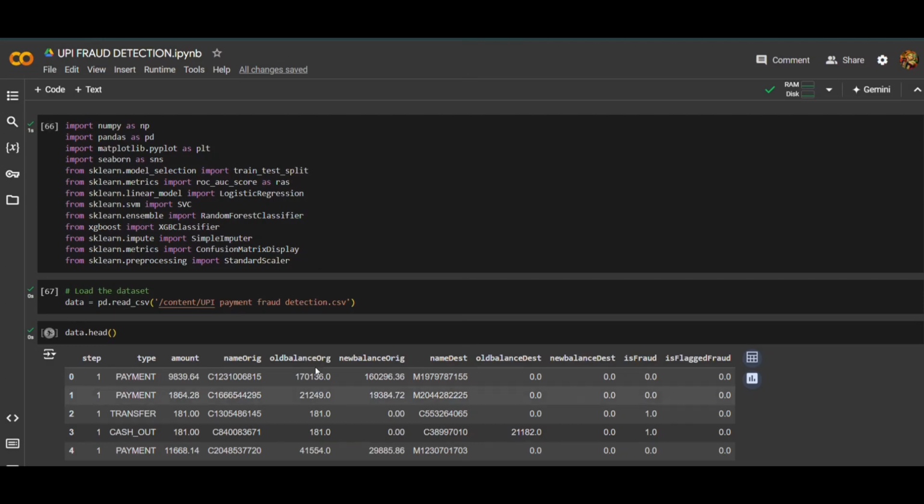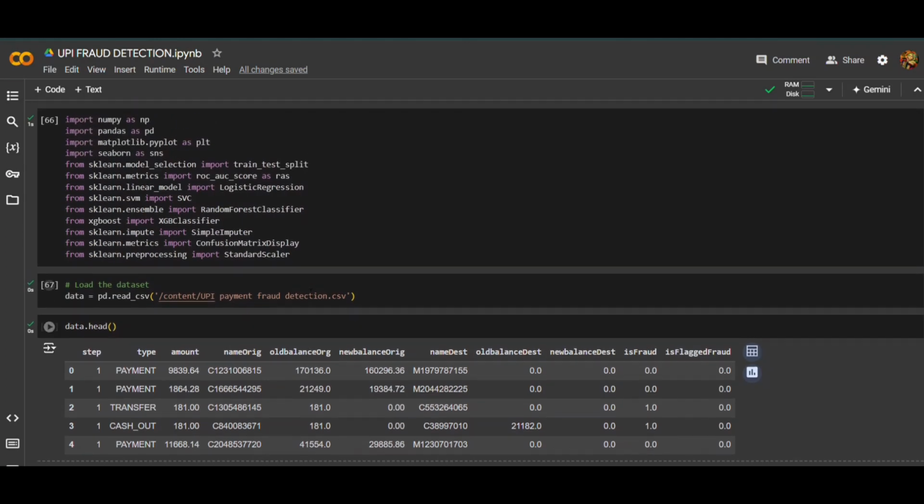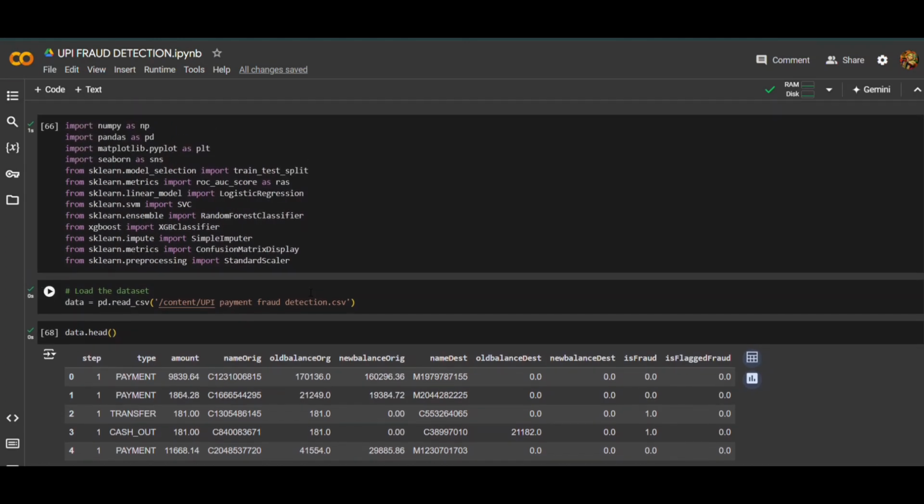My name is Gitanjali. I am a junior data analyst trainee at Need Data. Today I am going to walk you through our machine learning project focused on UPI payment fraud detection, and we'll be using Python along with several libraries to pre-process the data, visualize it and build an ML model to detect the fraudulent transactions. Let's dive into it.